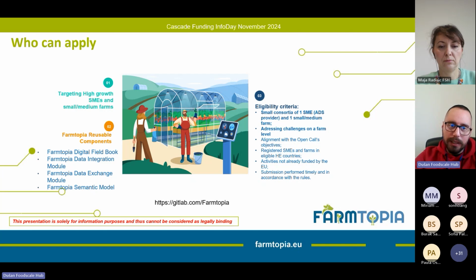the cooperatives. In order to be eligible for funding under the Farmtopia open call, the proposals need to include at least 1 Farmtopia reusable software component, or as we also call them, Farmtopia services. You can find out more about these services at the GitLab link that we have provided. And we have also developed guidelines for this integration, which can be found at the Farmtopia website, the open call page.